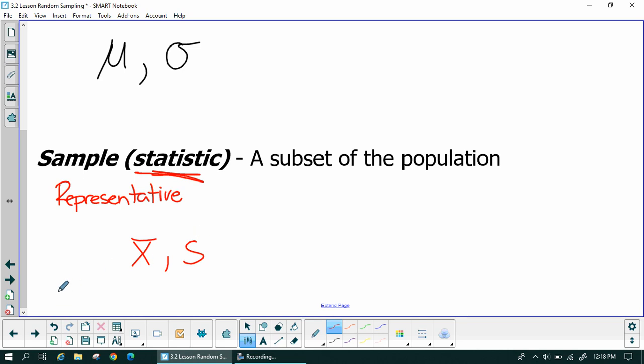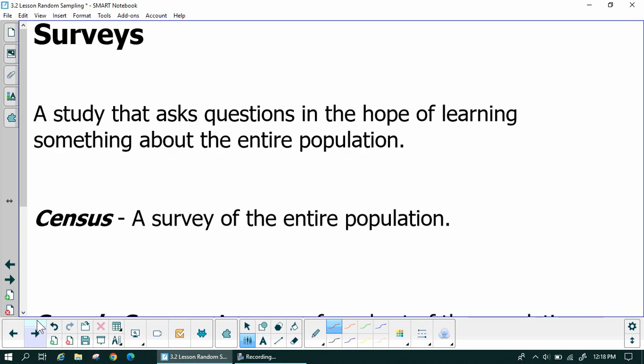So it's really important to know, who are we finding out about, and what group are we finding that information from? So what is our population, and what sample are we going to use? And so a way that we can get information from a group of people is to survey them, ask them questions. And survey design is something that we could really go in depth with, but we won't. We will just talk about sort of the basics